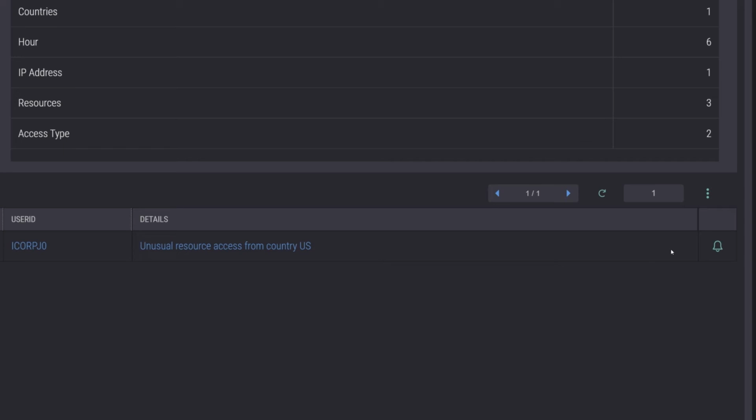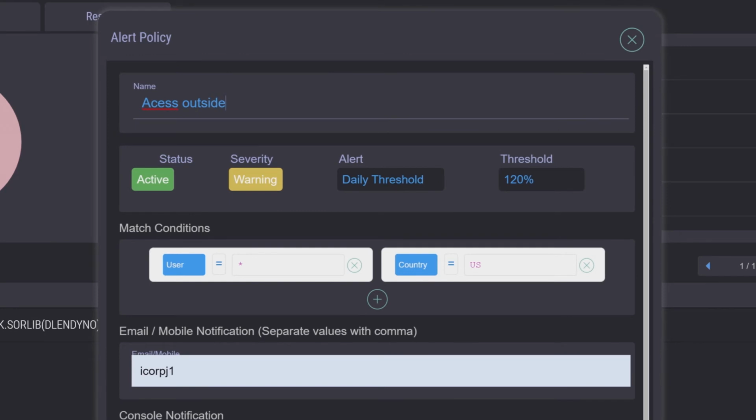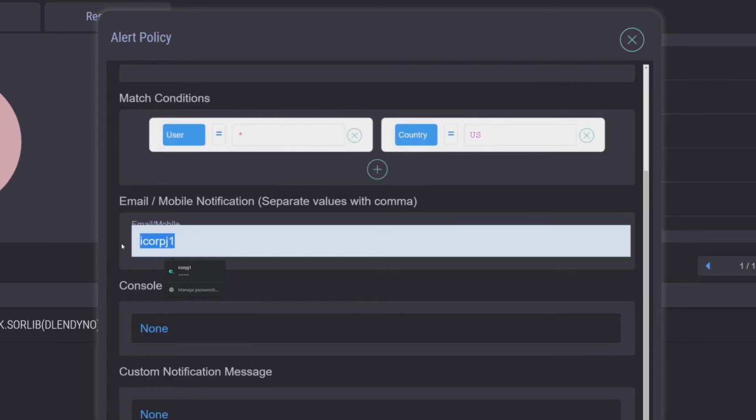That gives us that anomaly. So let's say we want to set up an alert that says, anytime that we see something like this happen, please let me know. And here I could set up the name, and this would be access outside of USA. And then status is active. The severity, if it's a warning, serious, or critical, every incident that's outside the USA. So with the users, it would be asterisk, which means any user that accesses outside the US of A, country